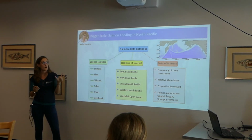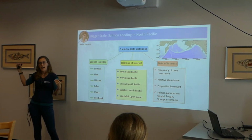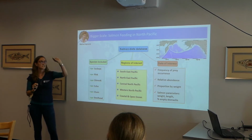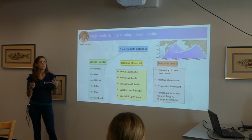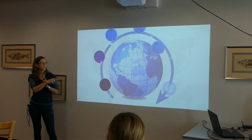And so by putting all 5 of these projects together, we can understand what salmon are going through as they migrate from freshwater to seawater during this trophic gauntlet area, and once they hit the open ocean and they pass through all these different country boundaries and the high seas, so that we can better understand and protect this really important Pacific species. And now that we have a global perspective, I'd love to pass it over to the Service